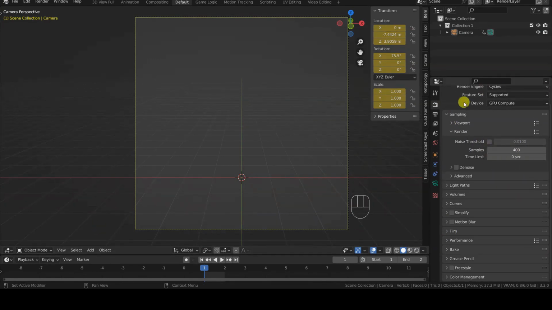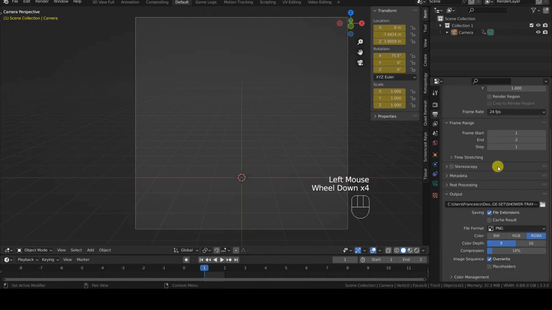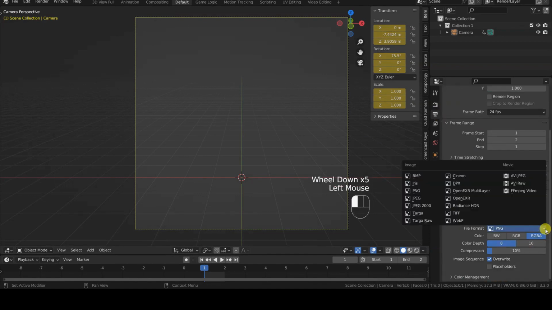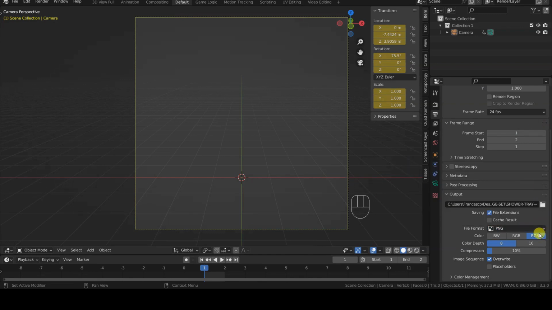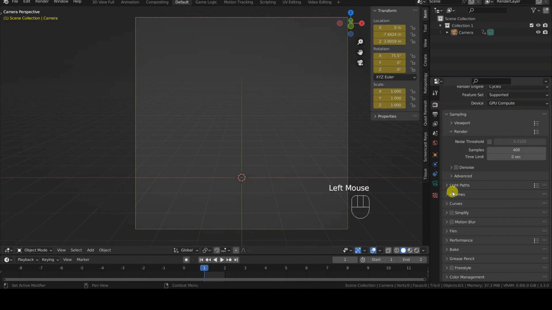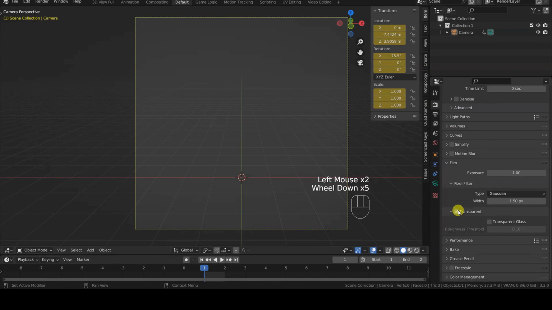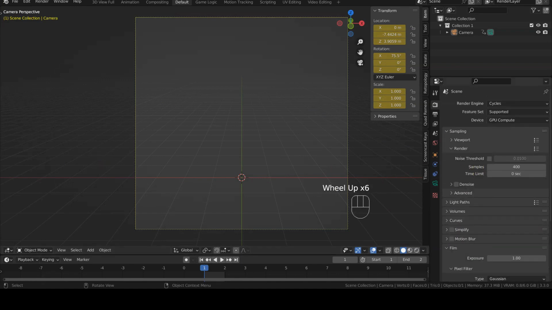I recommend creating images with transparency, using for instance the PNG RGBA format, so you can set the background as you wish at a later time. For this aspect too, different online stores may require different specifications. To prevent the background of Blender's virtual universe from being saved in the images produced by the rendering, open the Render Properties tab and select the Transparent option in the Film section. These are the starting scene settings, suitable for the vast majority of 3D models that you will need to render.